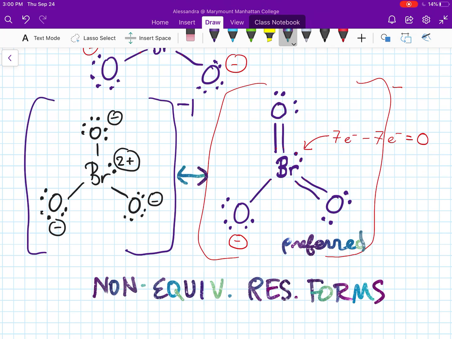because bromine is just fine expanding its octet. So the one that has the formal charges minimized is probably going to be the bigger contributor to the truth of the molecule. And of course, for this particular one, for the one on the right, I could also draw 2 additional equivalent resonance forms that are just essentially rotated by 120